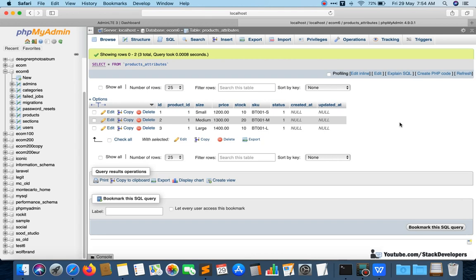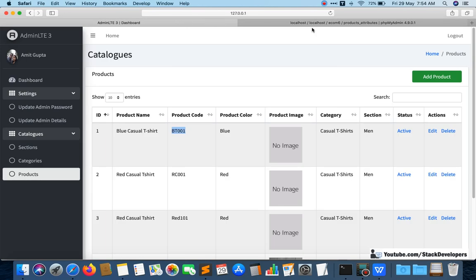So like this, we are able to insert the data as well, we are able to create the table as well, okay. I was able to explain everything about the products attributes table, why we have created this table, okay. So that is the end of the video. In the next video we are going to start working on the products attributes module in the admin panel. We are going to make that section, the products attributes section, in the same way like we used to make the other ones, where a form is there, then options are there, okay. Everything we are going to do from the next video.